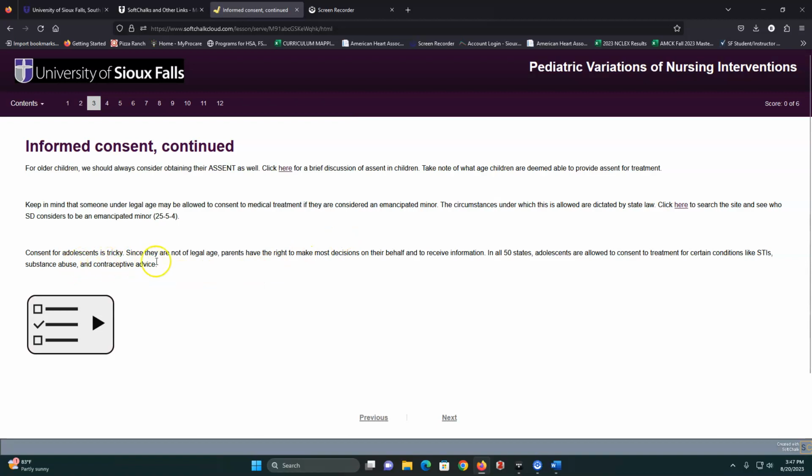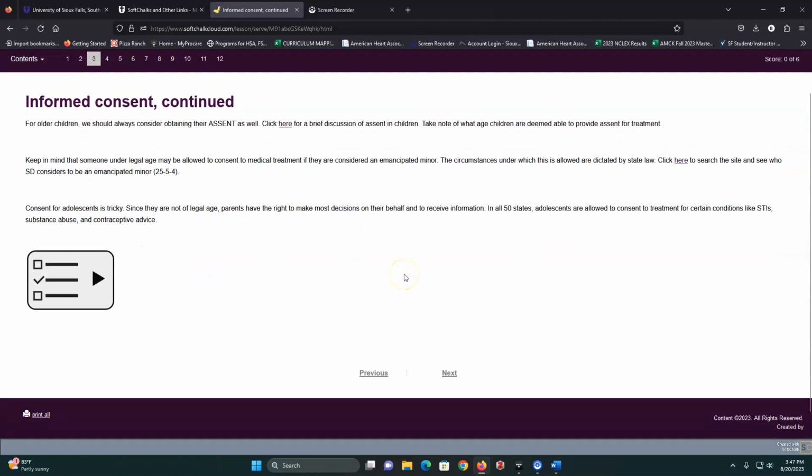They might not be of legal age, and who can make decisions for them or for their children gets interesting. There usually are exceptions, like they can seek help for STIs, substance abuse, and contraception, but that's a big but, and it varies state by state. So wherever you're working, you're going to have to figure that one out.